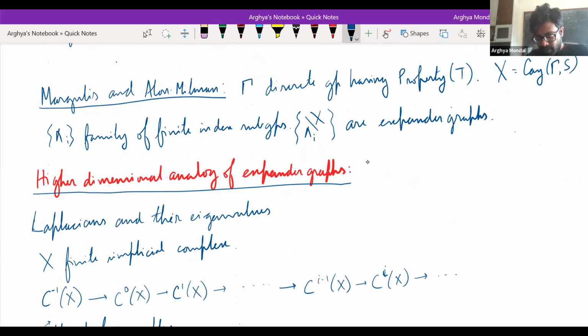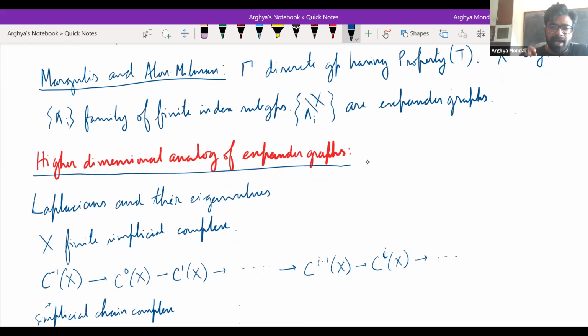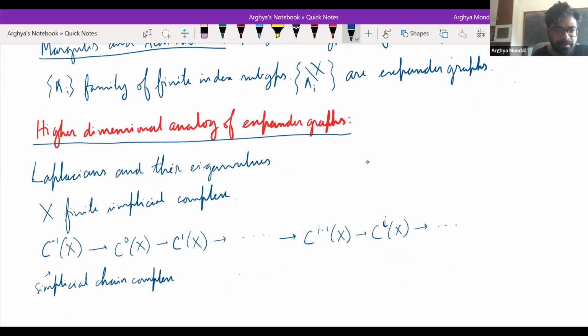So I said that this Cheeger constant captures the meaning of the graph being highly connected. It's a geometric quantity associated to the graph, but there is also an analytic quantity associated to the graph, which also captures the meaning of being highly connected. And the other good thing about the analytic quantity is that it has a ready generalization to higher dimensions. So that analytic quantity is basically the first non-zero eigenvalue of the graph Laplacian. But let me do things in full generality.